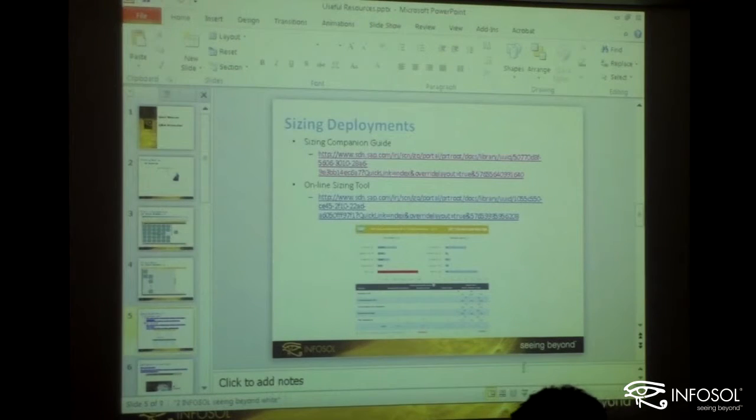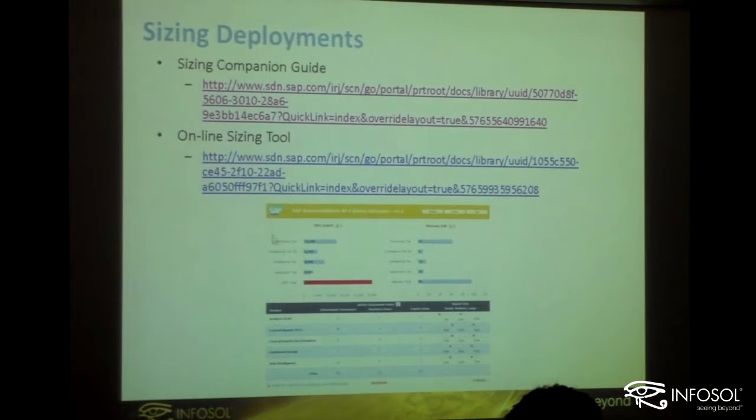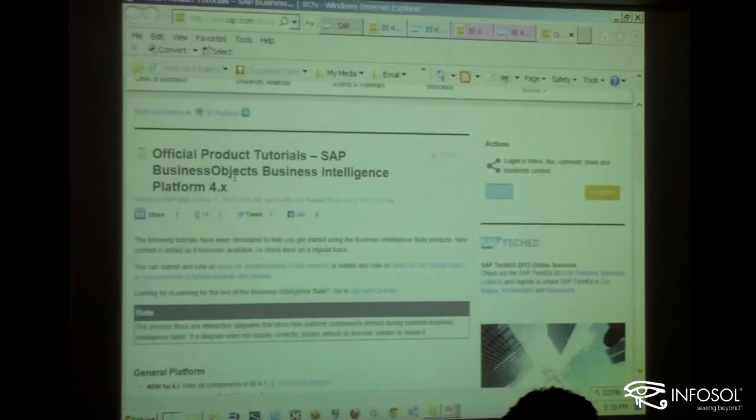sizing guide, which is actually an online tool. It's actually a little